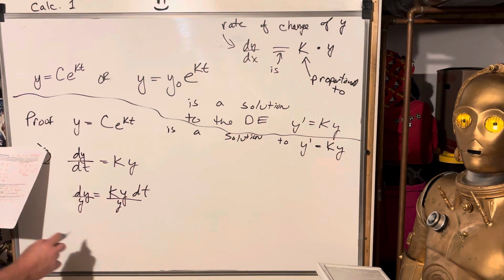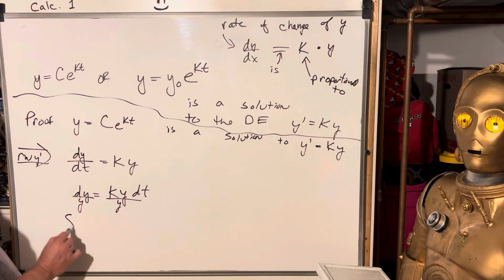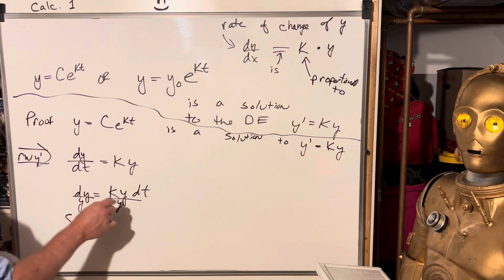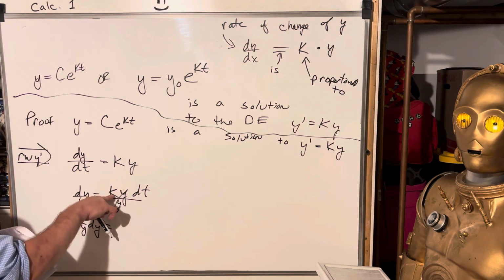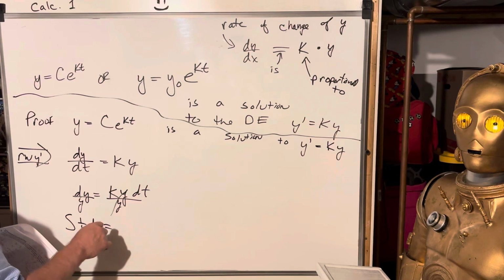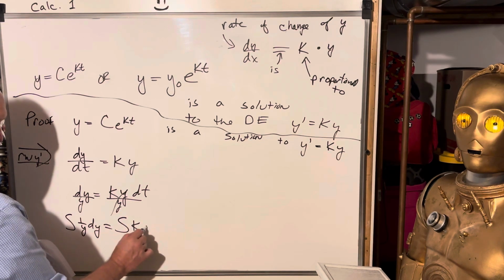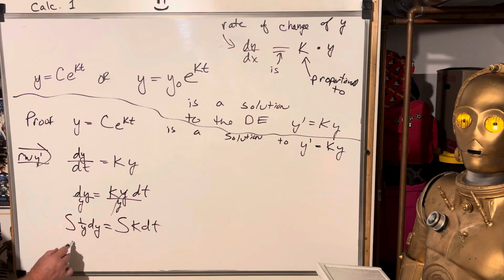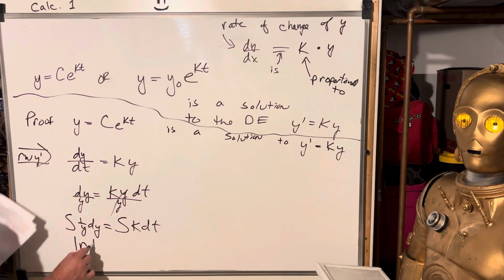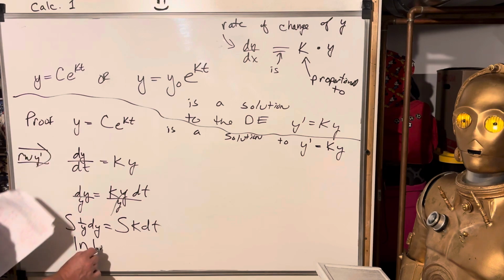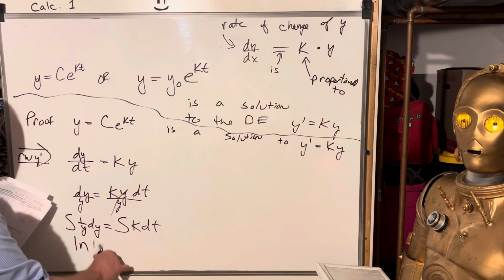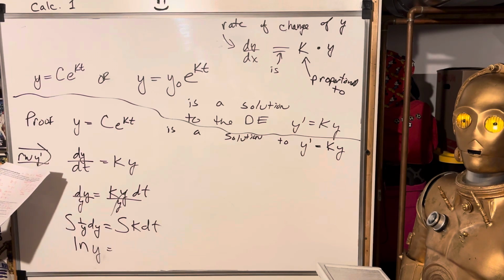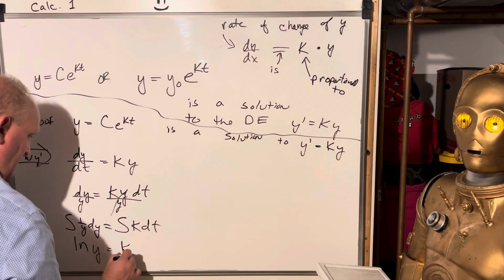So you got kind of 1 over y dy. We're doing the integration of that. And then here we have the integration of k, which is a constant, and that's in terms of t. So when we integrate k dt, that's going to just tack a t onto it. So this is what we have. The natural log of y, and I don't need the absolute values for this guy, is equal to kt